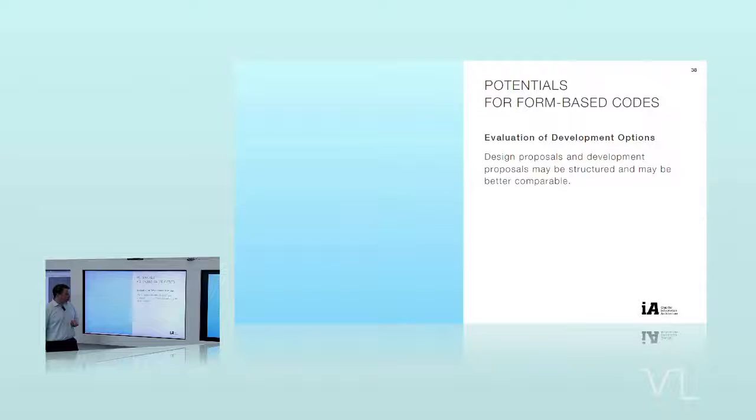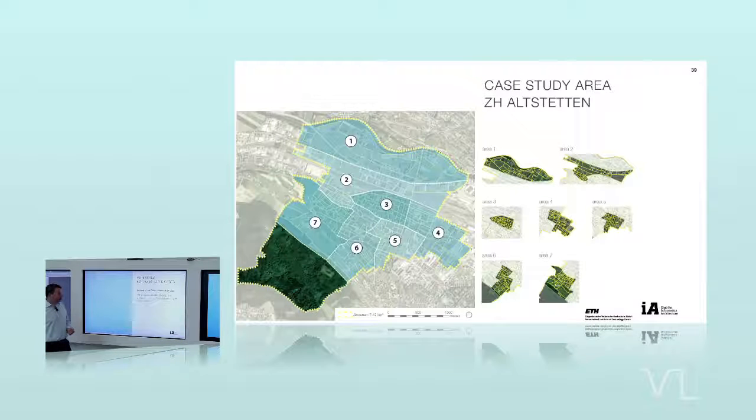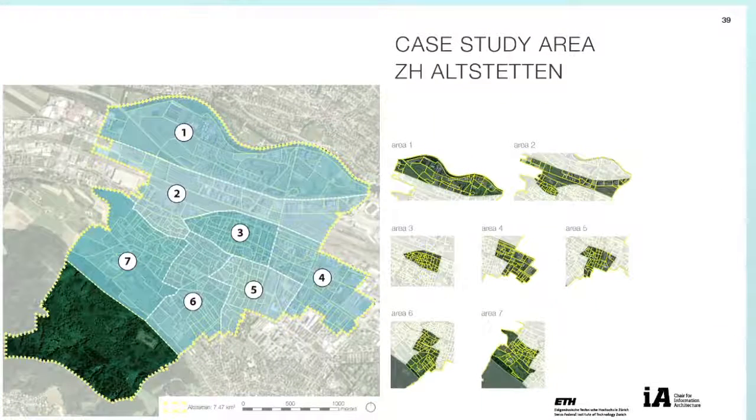And you can make alternatives out of this repository, like different design proposals standing next to each other with the same structure, which you can then better evaluate. So now, before I go to the Zürich-Altstetten area, I want to show you a very